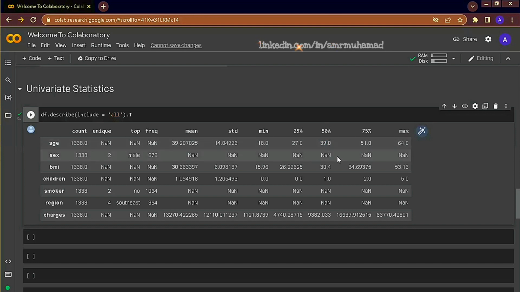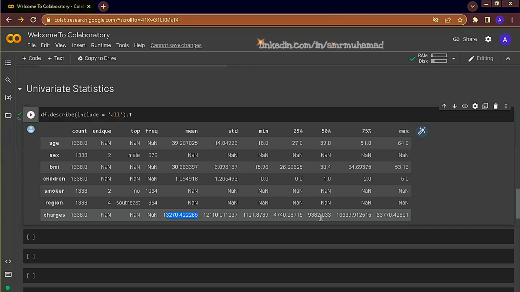And actually, we can know the characteristics of the distribution of values by just these numbers. For example, if we look at charges, we'll see that the mean, which is 13K, is higher than the median, being 9K, and this is one of the characteristics of a positively skewed distribution. We will talk about distributions and what positive and negative skew are later. But we can note the characteristics of a distribution just by looking at these figures.